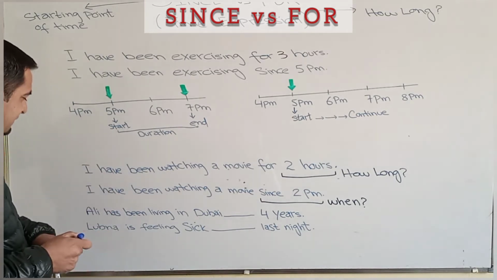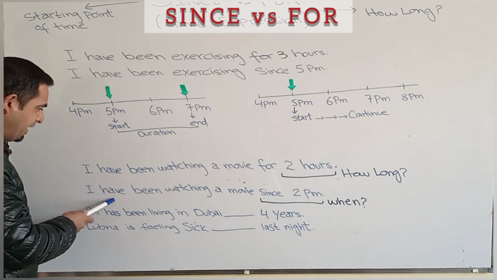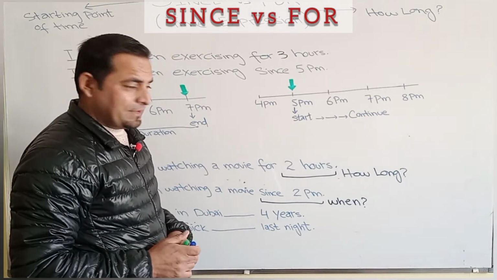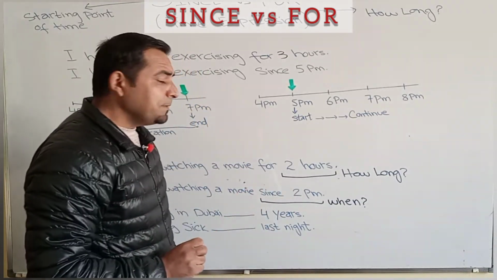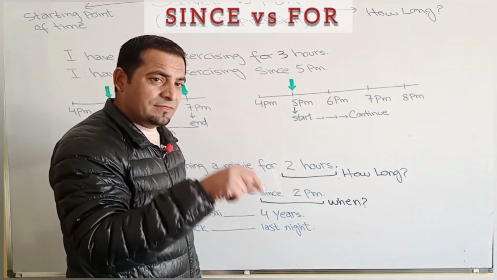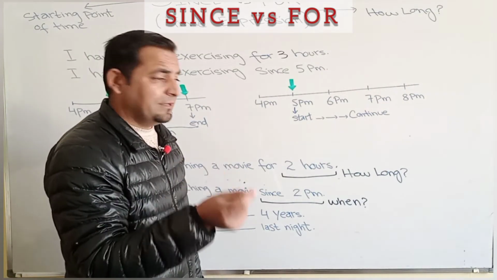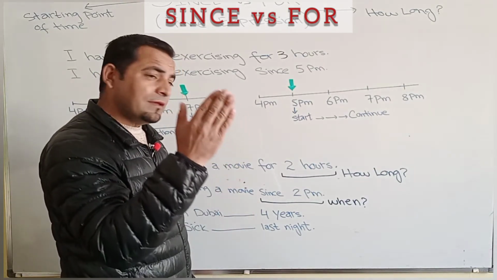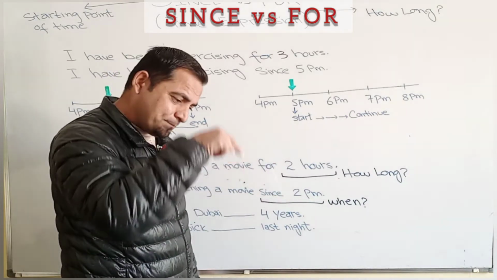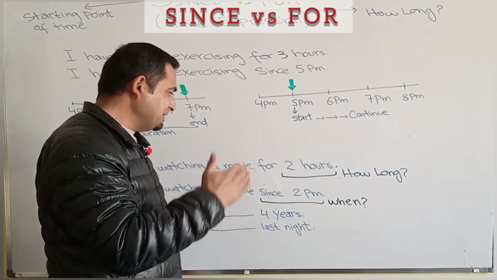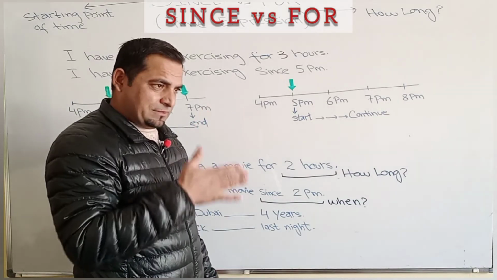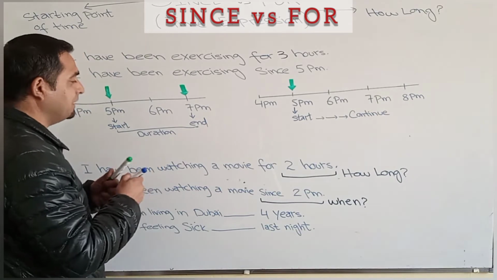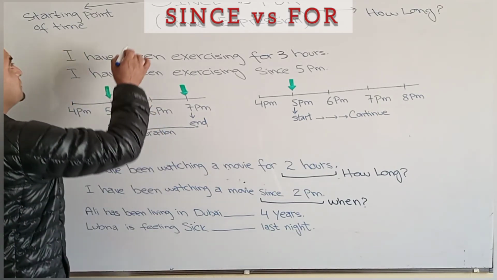Let's look at this second example. I have been watching a movie since 2 p.m. Now, since 2 p.m. means when this activity started, when I started watching the movie. Since 2 p.m. means 2 बजे से लेकर अब तक, right? So it means it started, and at the point I'm speaking, it is still continuing. So indirectly, since answers the question